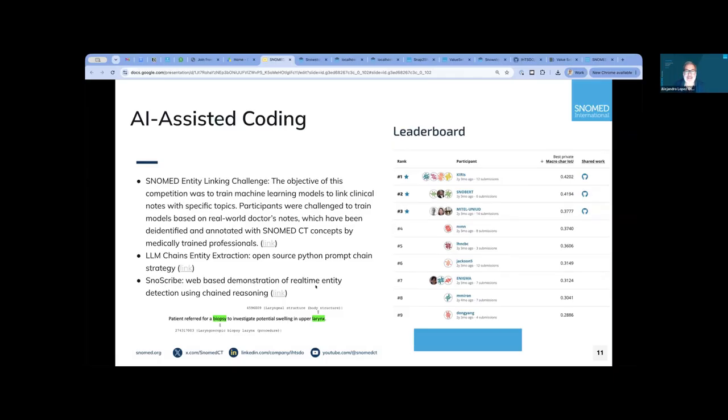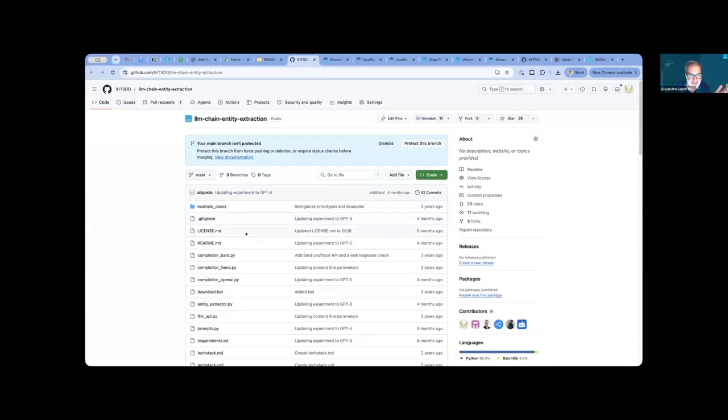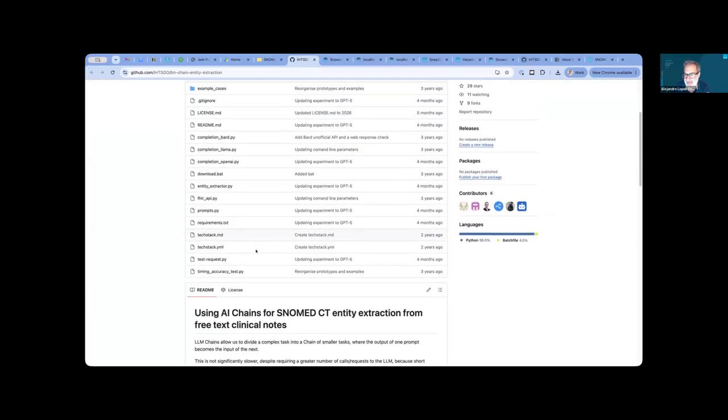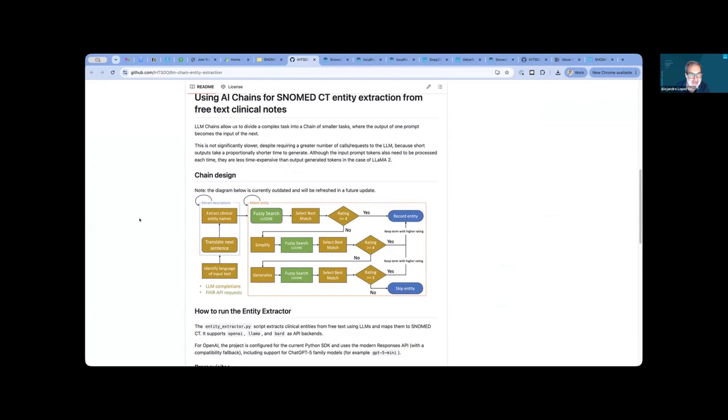But also in parallel, there are other SNOMED projects that are also open source and that are more freely available, that try to use standard models like Anthropic Claude or OpenAI ChatGPT to code SNOMED. So for example, if you go to this one, LLM chains entity extraction, this is a GitHub repository. It's completely free. You can download it. You need to have your own key to use it in OpenAI or something like that. And when you provide the key, you can run a Python script that will go through a list of sample texts, and it will try to find the code.